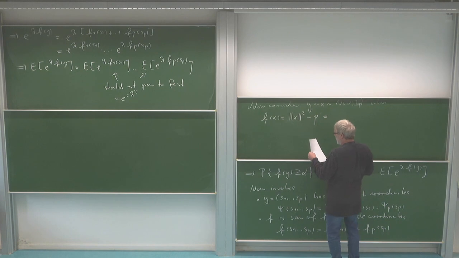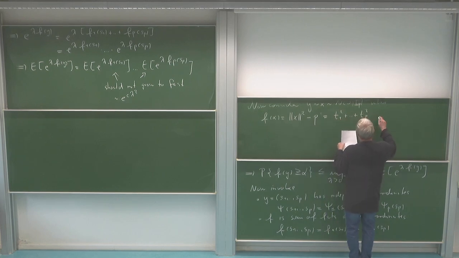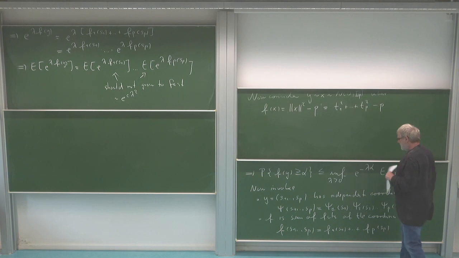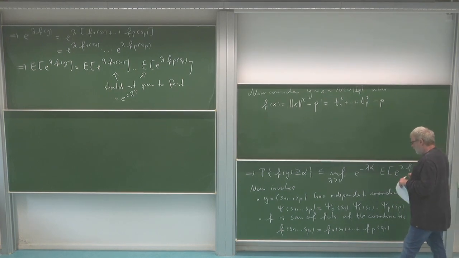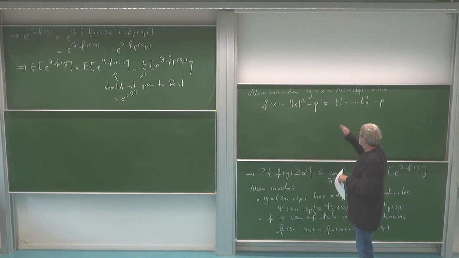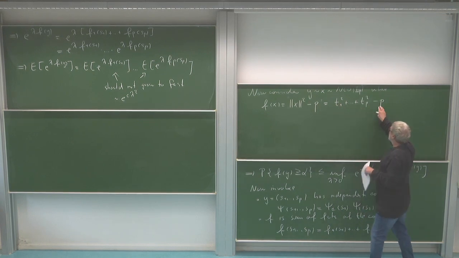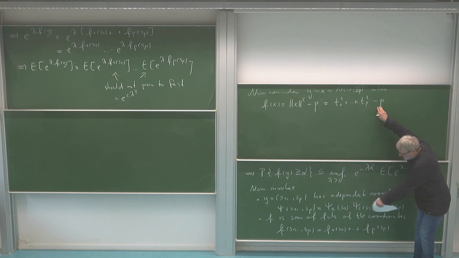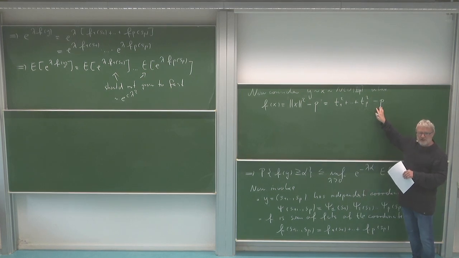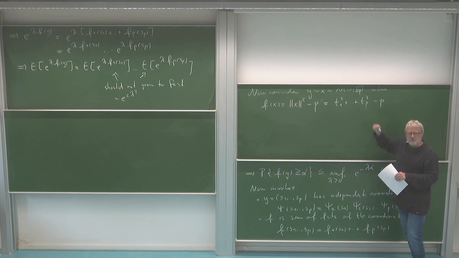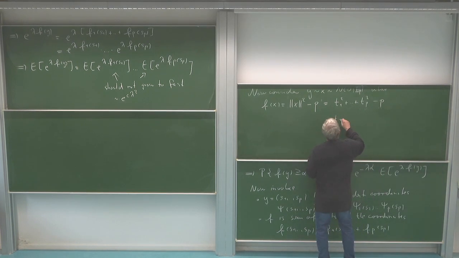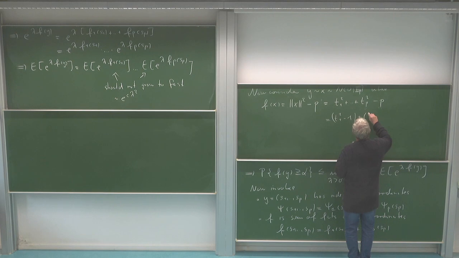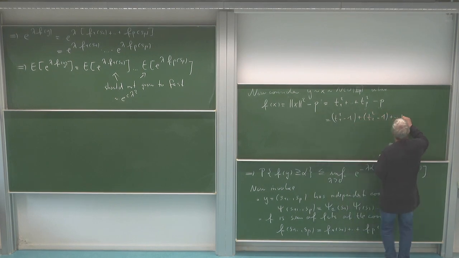Okay, and so this is the sum of the squares, so this is t1 squared plus up to tp squared minus p, and now I want to write it as a sum of functions applied to each of the variables. Of course I have here the sum of the variables, but I also have this p, and if I want to have the same functions there, of course I can distribute the p by giving a 1 to each of the p components. So I'm writing this as t1 squared minus 1 plus t2 squared minus 1 plus and so on,